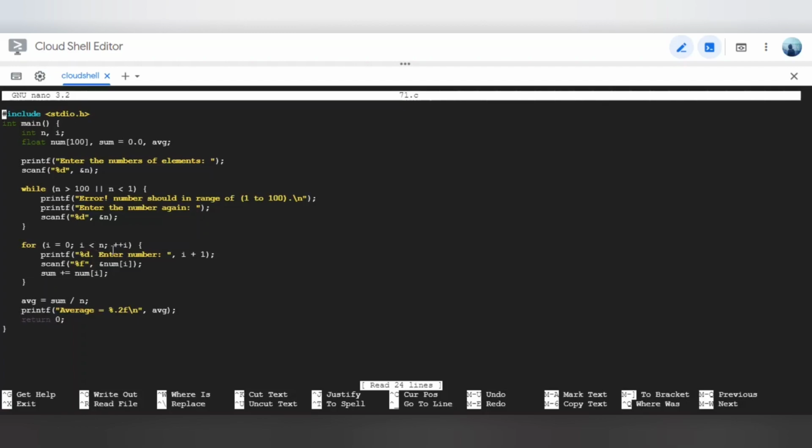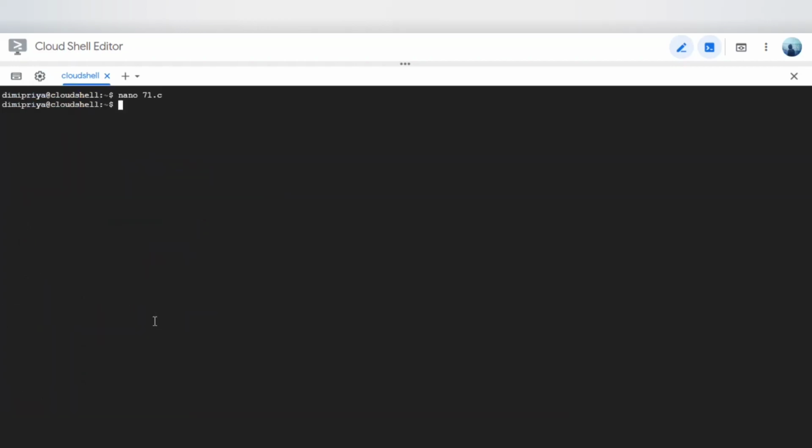In each iteration of the loop, the user is asked to enter the numbers of the array to calculate the average. For calculating the average, these numbers are stored in the array num. Now, those numbers which are stored in this array are used for calculating the sum. Now, after all the iterations are completed and after we come out of the loop, the average is calculated and printed on the screen.